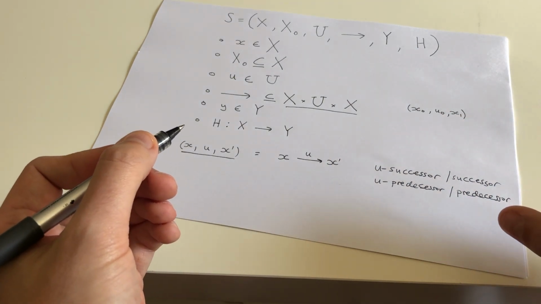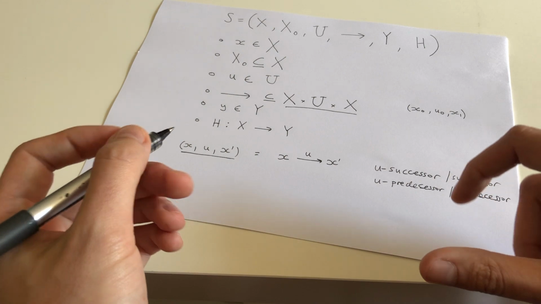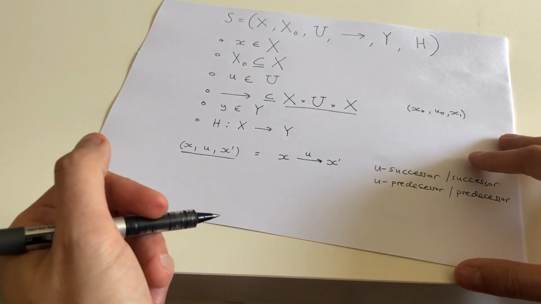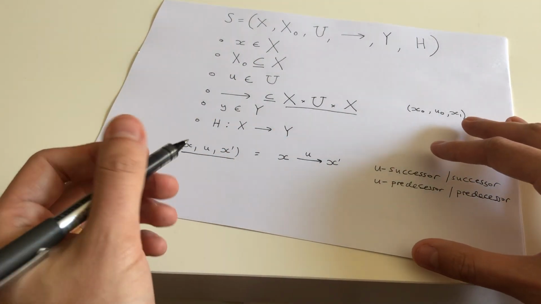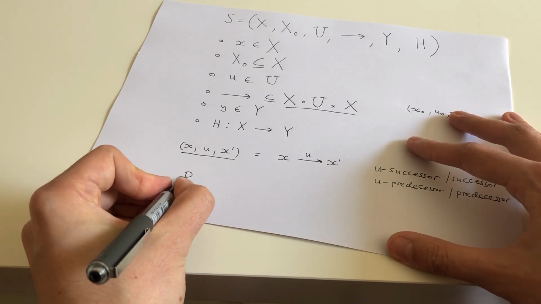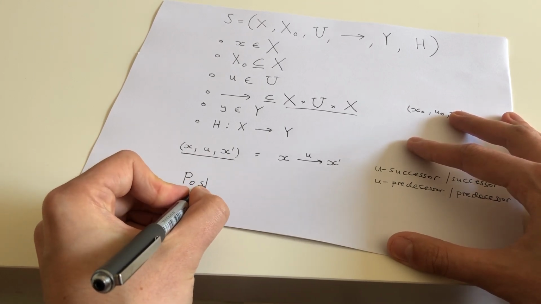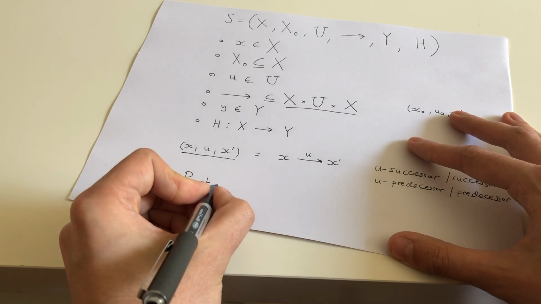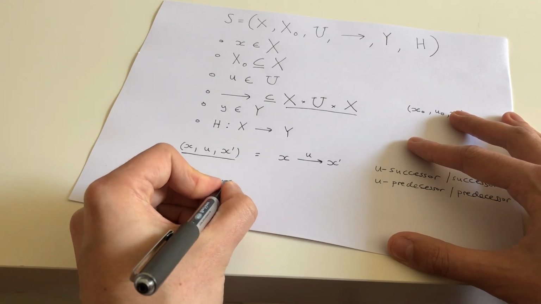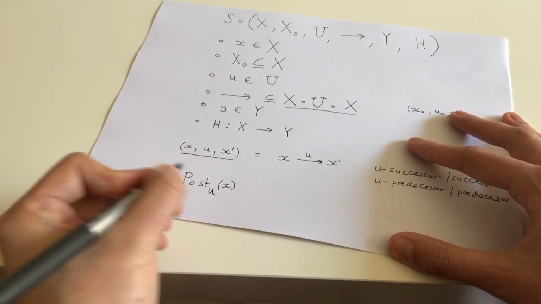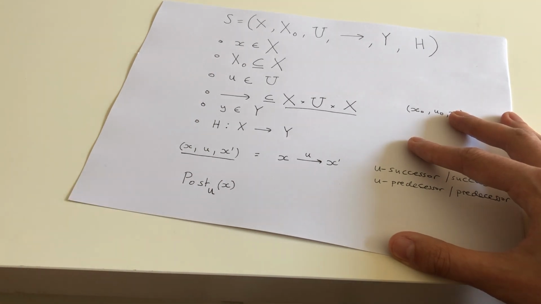So from that perspective, we could have a set of successor states as well. And so we denote the set of successor states from some initial state x under some input u, using